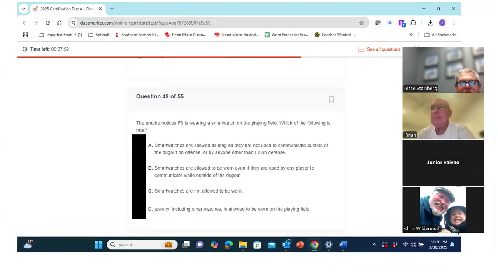Moving on to 49. The umpire notices F6 is wearing a smartwatch on the playing field. Which of the following is true? C. B. No, I'm sorry. A. They can wear them as long as they don't communicate with them. Yeah, I think that's right.